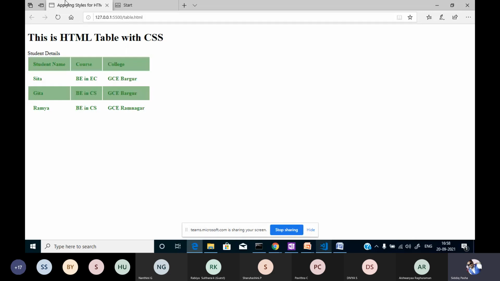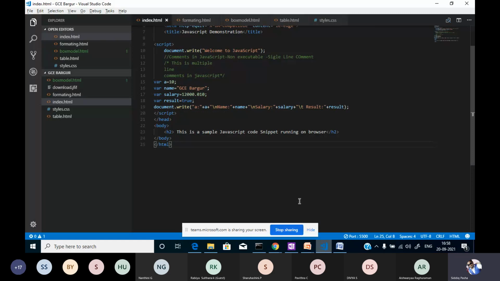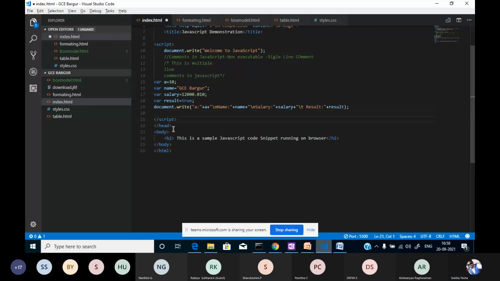So see, all the types can be used without defining the data type of a particular variable. This is the advantage of JavaScript. And if you want, we can print the output in one more way, using an alert box. With the help of alert, we can also print over here.